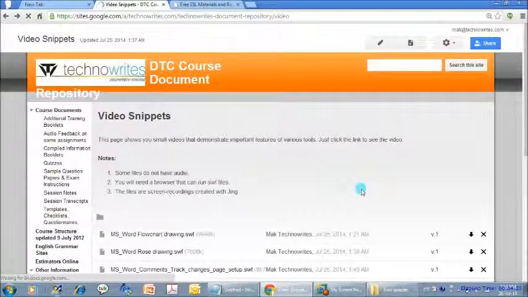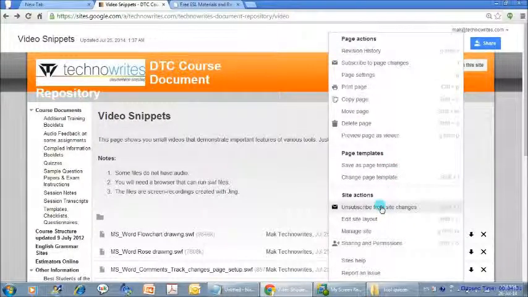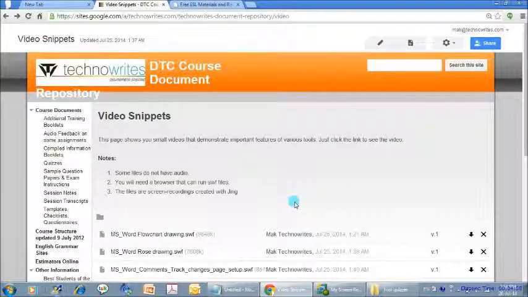Now I'm going to show you an extremely important setting here. So you should go to settings, and there will be an option here which will say subscribe to site changes. Now I have already subscribed to the site changes, so the option that you see in my case is unsubscribe from the site changes, but you will get an option which says subscribe to site changes. What happens when you select that? When you subscribe to the site changes, whenever I make any change to the site, you'll actually get a mail saying that Makarand has created a new page or Makarand has uploaded a new file, and it may even give you a link. So you can click on that link and then you can go ahead and access that information.